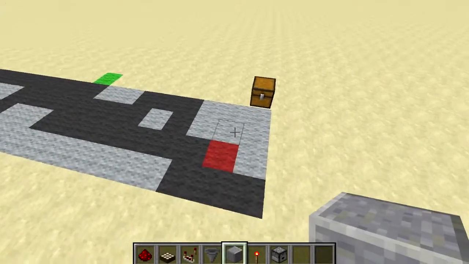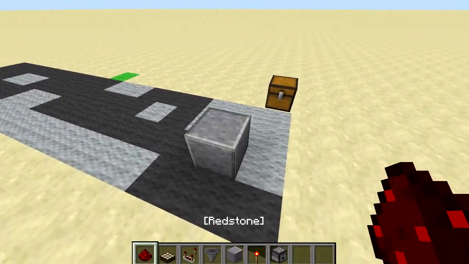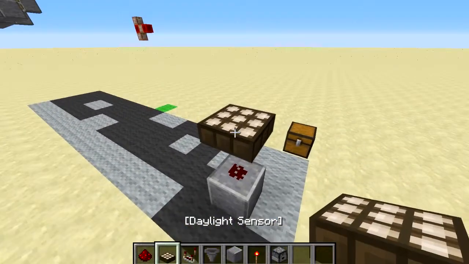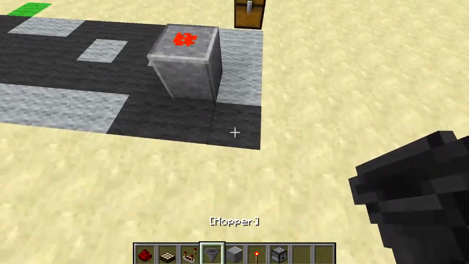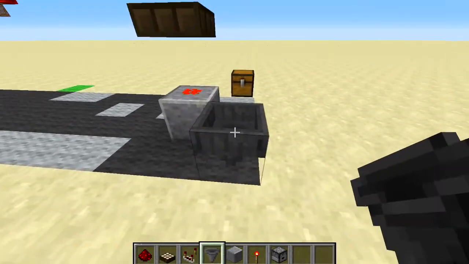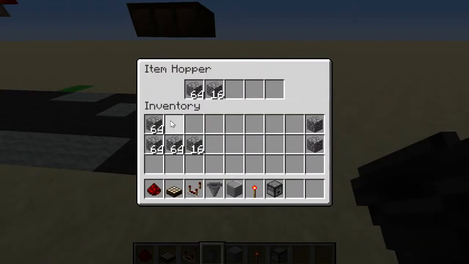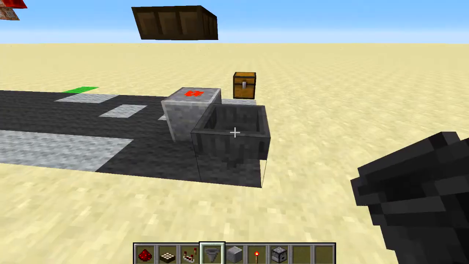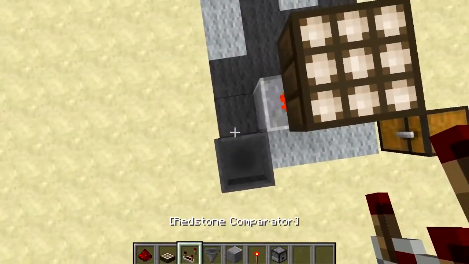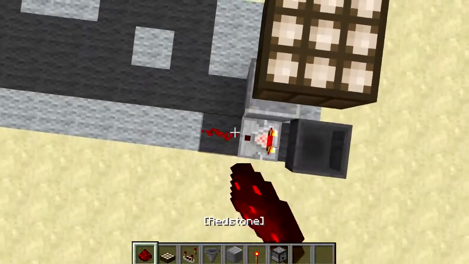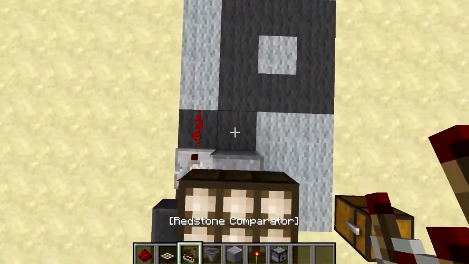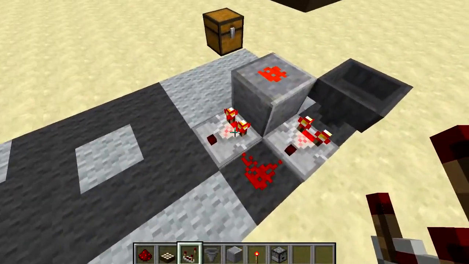So let's start this off by placing the input. We're going to put a block down, a piece of redstone on top of it, and then our daylight sensor at the top there. Then we want to put a hopper at the back here, just facing into the ground, and inside this one we want to put those items like we talked about earlier. And then in front of that we're going to have a comparator, piece of redstone in front of it, and then a comparator pointing out at this block from which our input comes through,